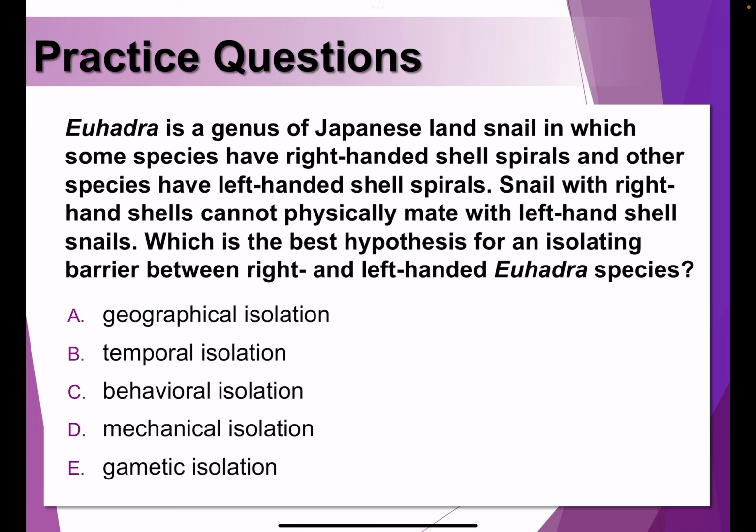Euhadra is a genus of Japanese land snail in which some species have right-handed shell spirals and the other species have left-handed shell spirals. Snails with right-handed shells cannot physically mate with left-handed shell snails. What is the best hypothesis for an isolating barrier between right- and left-handed Euhadra species? Mechanical isolation. Remember, if they don't spiral correctly, then the genitals don't align correctly and they will never be able